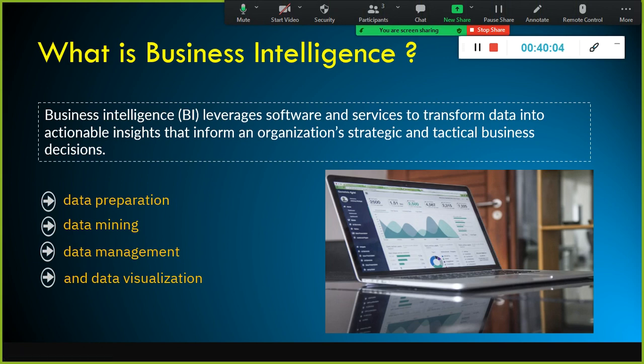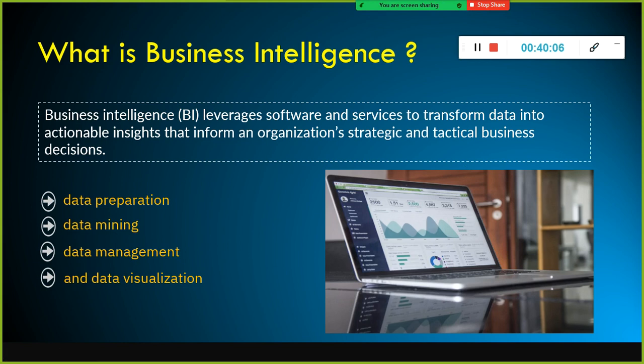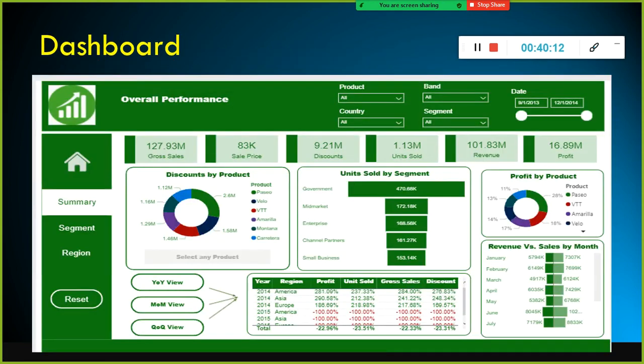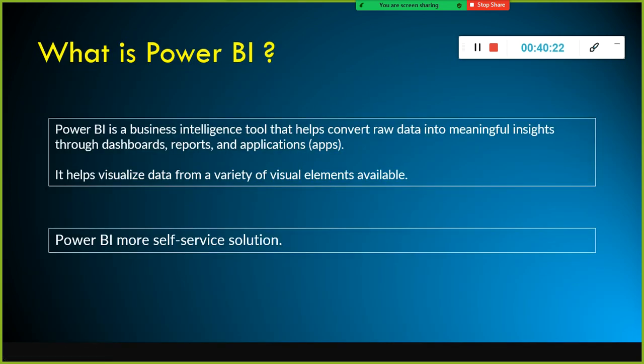How consistent the data is, and how complete the data is. Those things you need to check, and if the data is not clean, or if it is incomplete, you need to make sure that you are cleaning it, or you need to get the complete data.